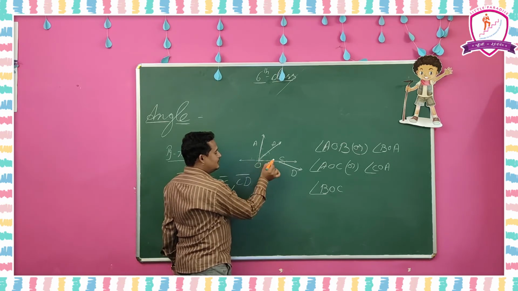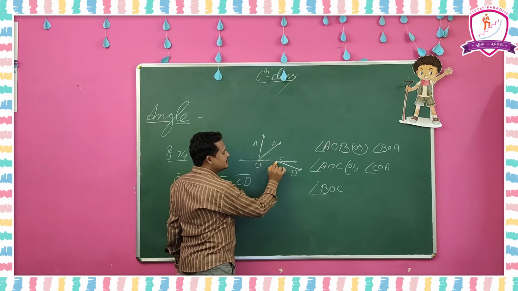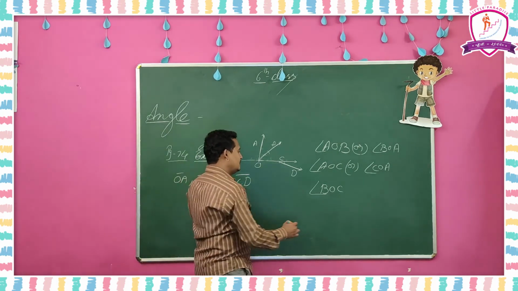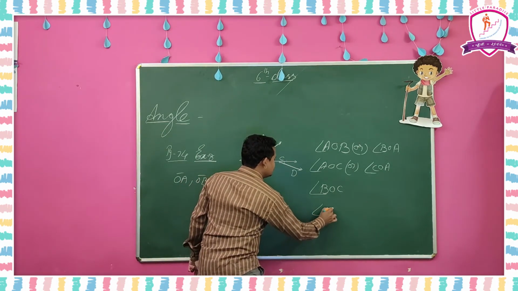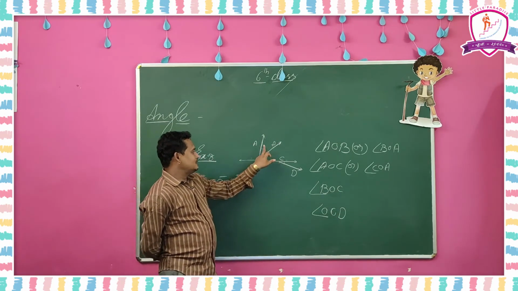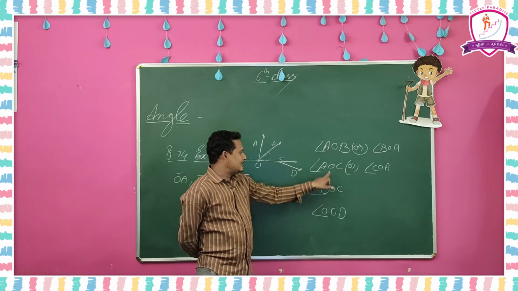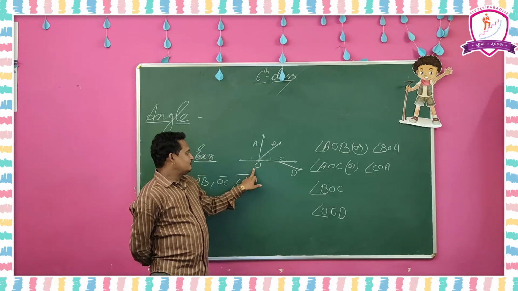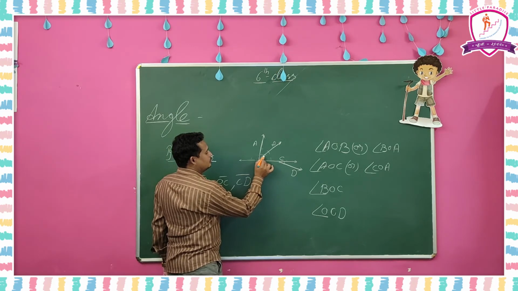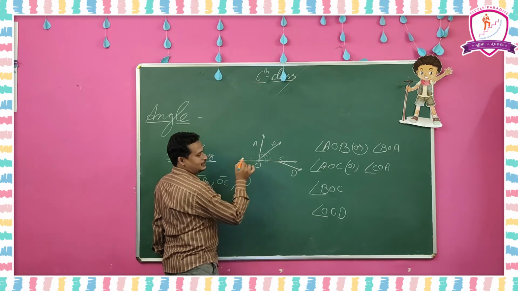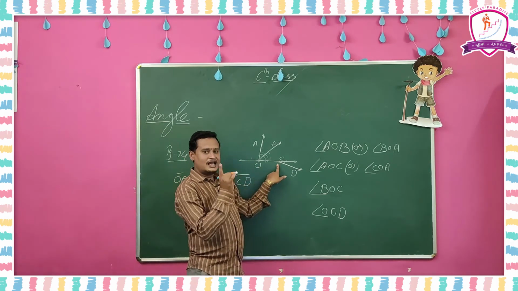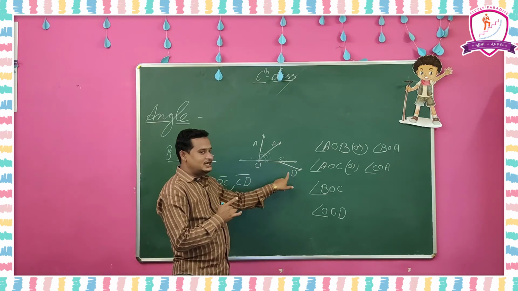here angle OCD. At C an angle was formed. So what we have to write here is angle OCD. C must be the vertex here. For the other three angles, O is the vertex. At O, three angles were formed: 1, 2, complete 3. So three angles are formed at O only. But at C, one angle was formed, that is OCD.